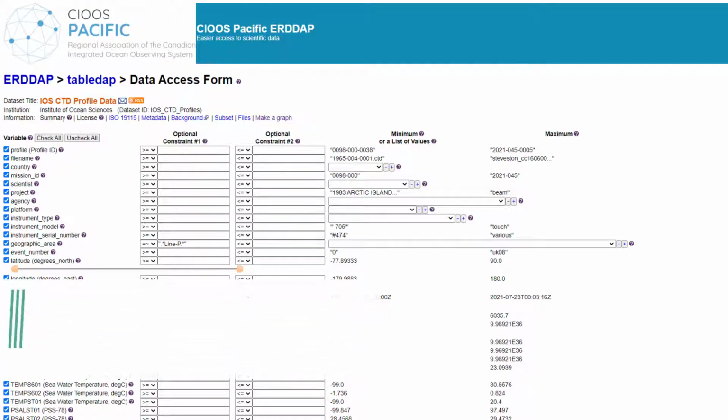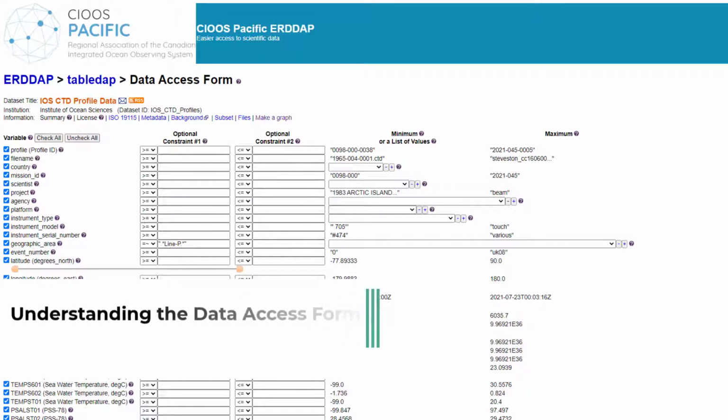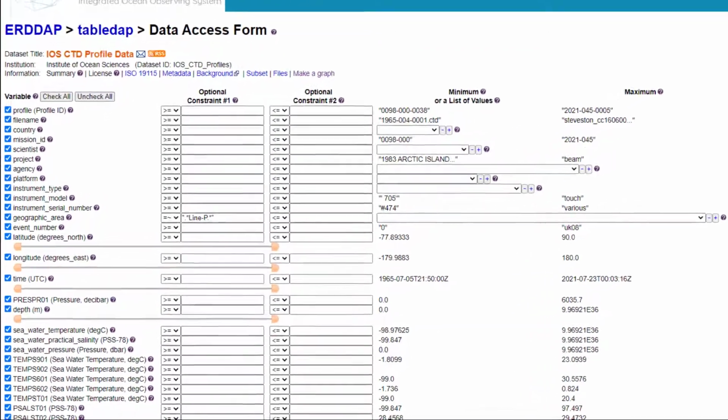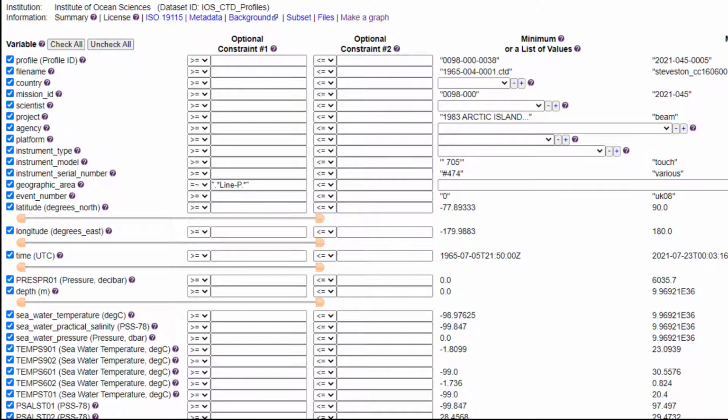ERDAP is a data platform that is typically used to share gridded or tabular data. This means that each of the variables listed on the left side of the page functions like a column in a giant spreadsheet. Each line shows you the name of the variable and the unit of measurement. For example, seawater temperature measured in degrees Celsius. The advantage of getting data from ERDAP is that you can specify which of these variables you want before you view or download the data. By default, all variables will be included in the download file. To remove a variable, click the checkbox at the left of the variable name.